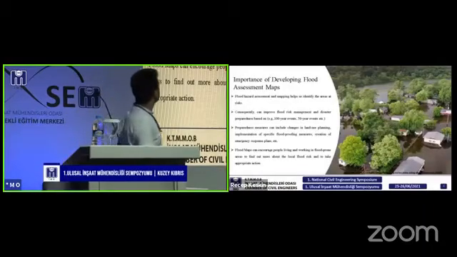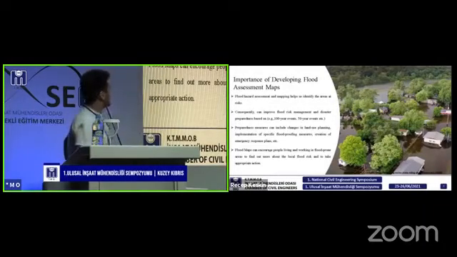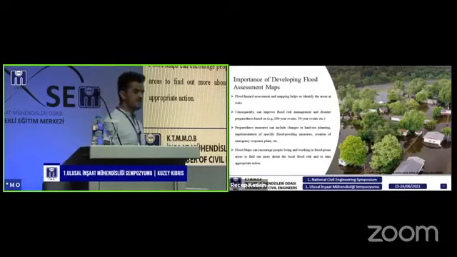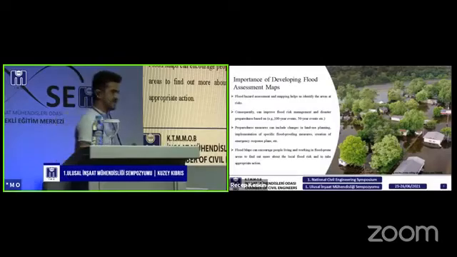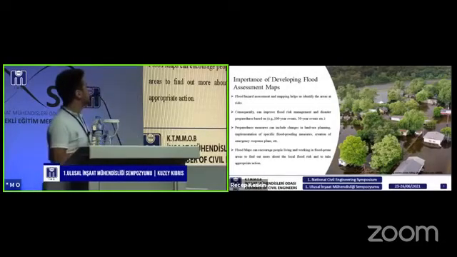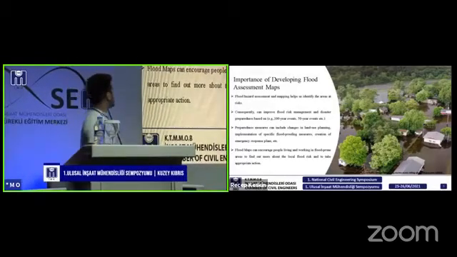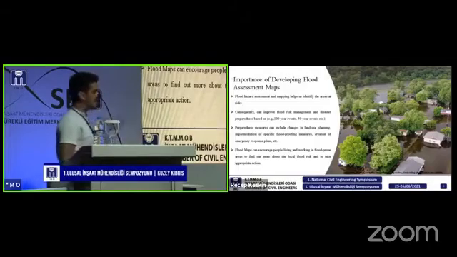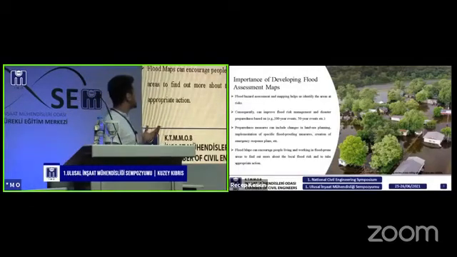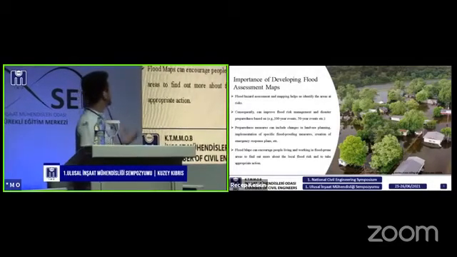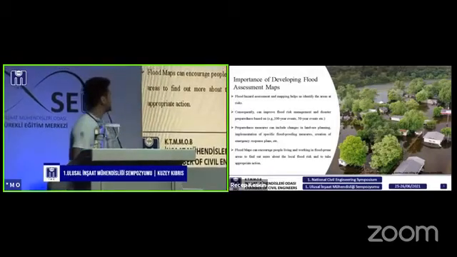So first of all, why it's important to develop flood maps. So flood hazard maps usually help us identify the areas that are at risk of flooding. This is obviously a known fact. Consequently, we can improve flood risk management and disaster preparedness based on the 100 years or 50 years or 500 years flood event scenarios. Preparedness for the hazards includes the changes in land use planning, implementation of specific flood-proofing measures,